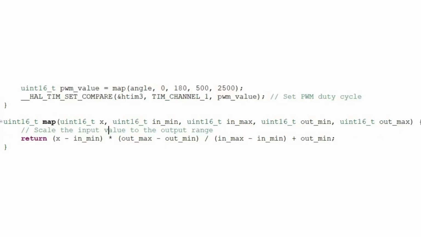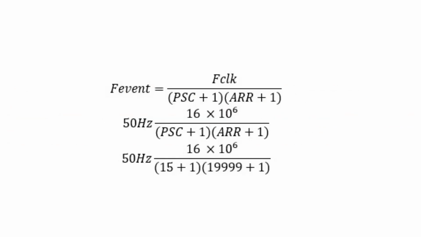The map function scales a value from one range to another. In this code, it's used to convert the analog input, ranging from 0 to 4095, to the angles of the servo, which is the range from 0 to 180 degrees, and the PWM duty cycle range 500 to 2500. Calculations were done to find the prescaler and auto-reload register values for the servo, which were used to set the